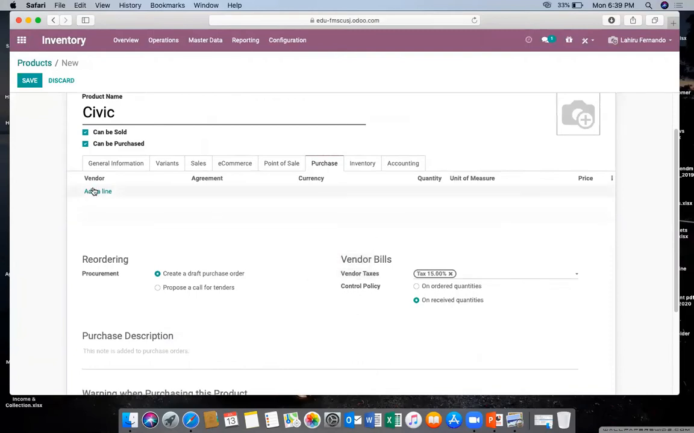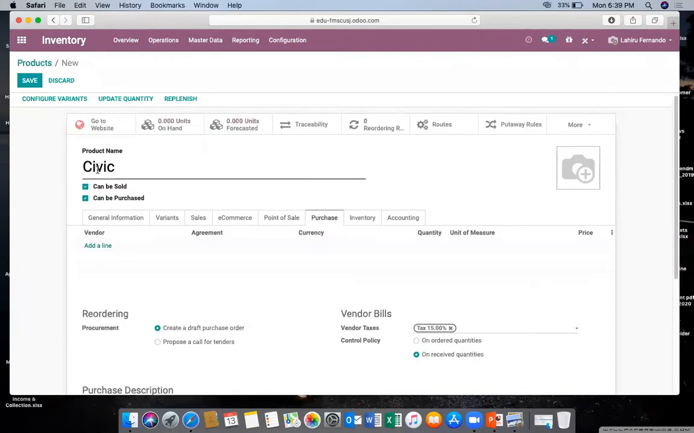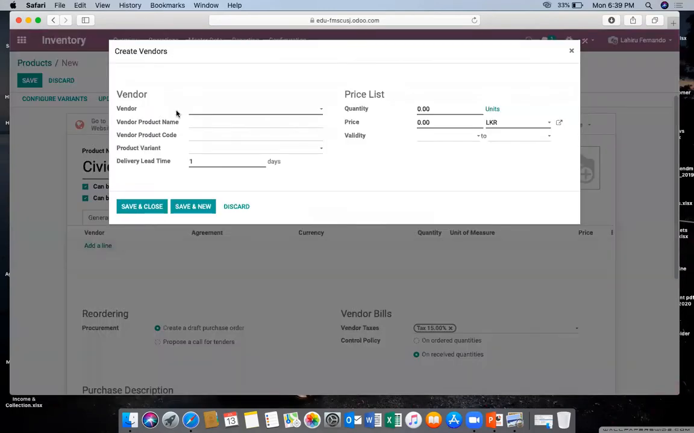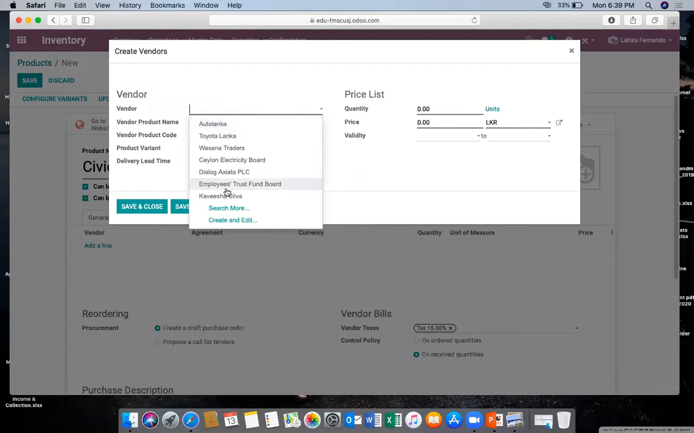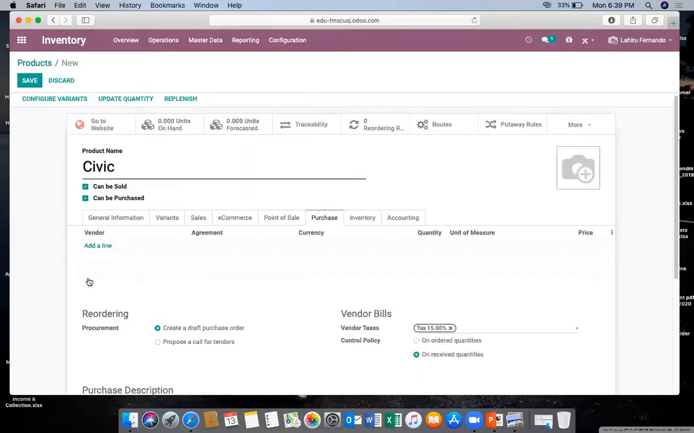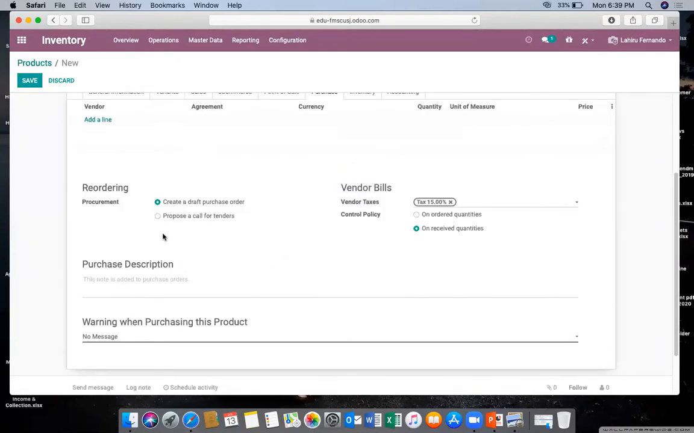You may have a special vendor. If you are purchasing this product, then you can add special vendors one by one. So you can select whichever vendor you want, you can add them one by one. And same as